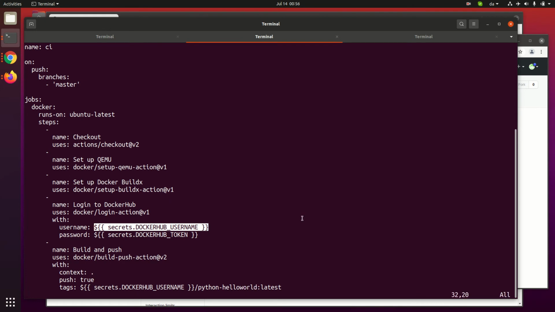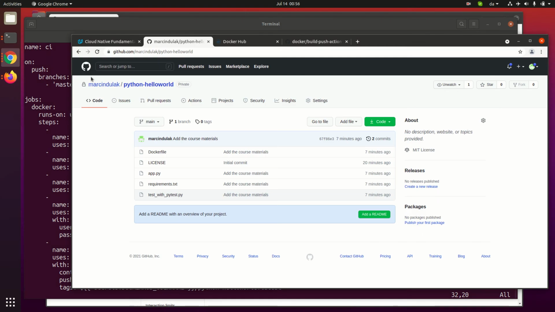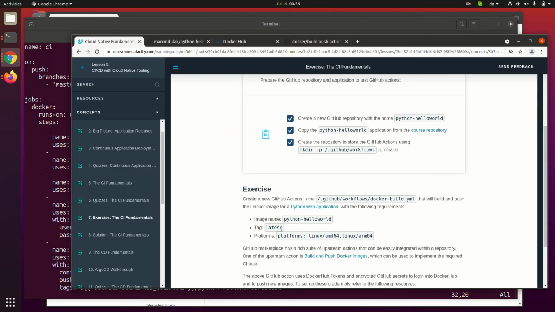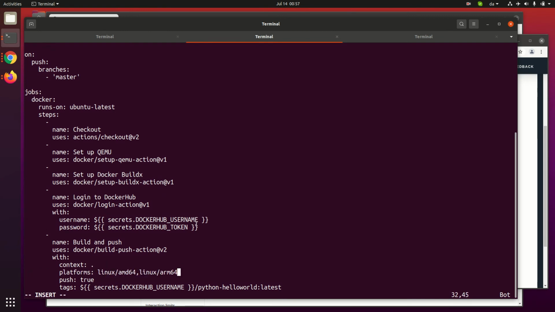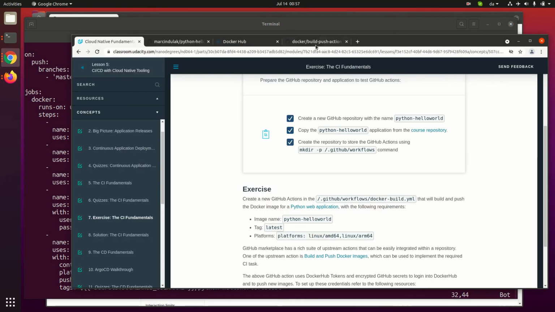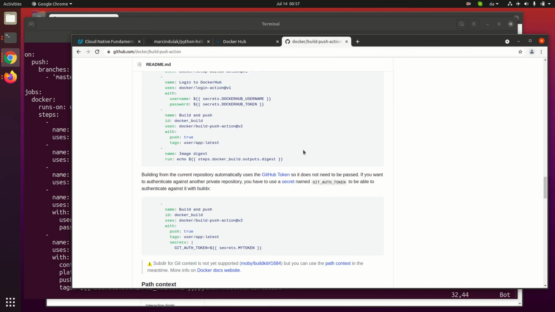And there's another thing missing, so let me go back to this: platforms. We need to take this parameter here and include it there. Actually, maybe the best way is just to look for platforms